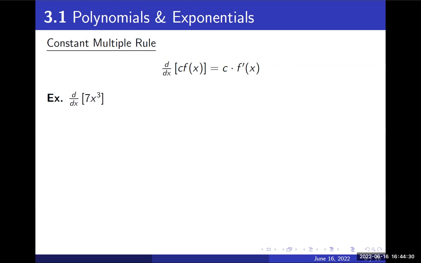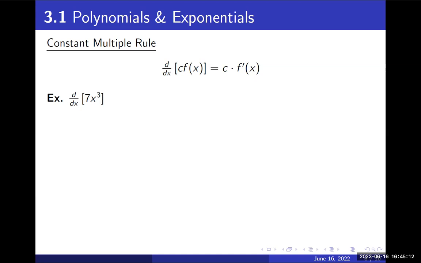I won't prove this one to you using the definition of the derivative. It would be pretty straightforward. All you'd have to do is factor the c out. If your function is c times f, then both terms in the numerator of the difference quotient have a c. You could factor that out, and it would come outside the whole thing, and there it is. If you really wanted to see it, it's probably in the book, or you could easily look that up. Or just take my word for it. If you've got a constant times a function, just carry that constant over,